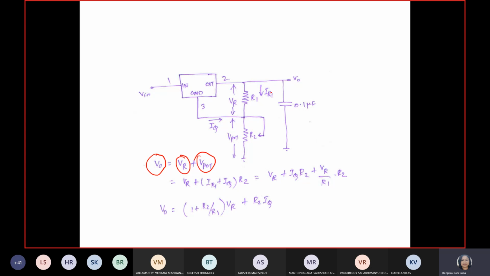So combination of this. How do we get the VR? VR is only in the form of the reference register voltage. Then the potentiometer voltage is nothing but V equal to IR, but here I is IR1 plus IQ, both parts approaching towards this end. So the current is the combination of IR1 plus IQ, then R2, across which resistor we are calculating with R2. If you solve this part, V0 is nothing but 1 plus R2 by R1, which is RF by R1, into VR plus R2 into IQ. This equation you have to remember.